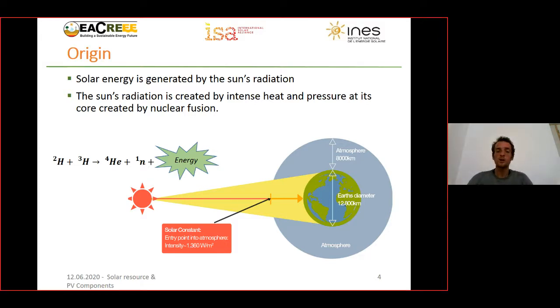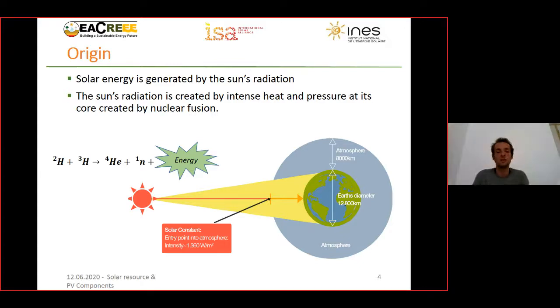So a good thing to remember is two specific values. One specific value is the power per square meter that you can receive at atmosphere level, so before crossing the atmosphere barrier. And this value is given on the schematics you can have a look at. This value is called the solar constant, and the value is 1,360 watts per square meter. So this is the amount of power that you can receive on each square meter on